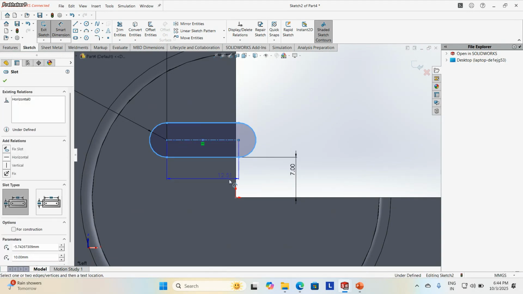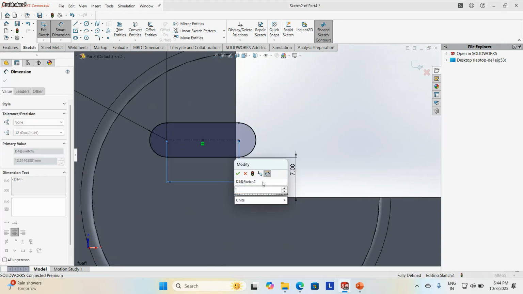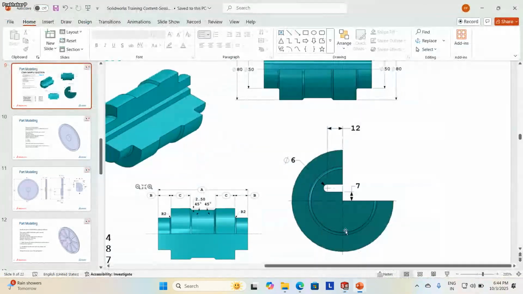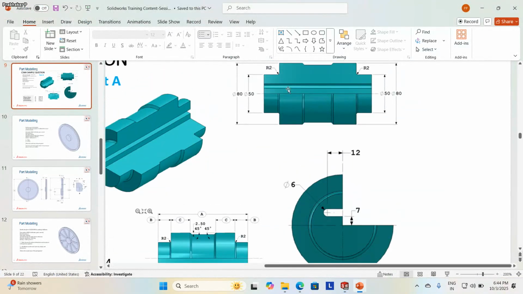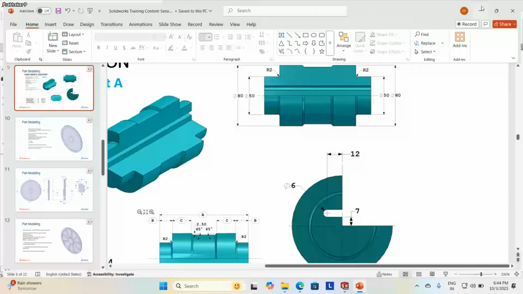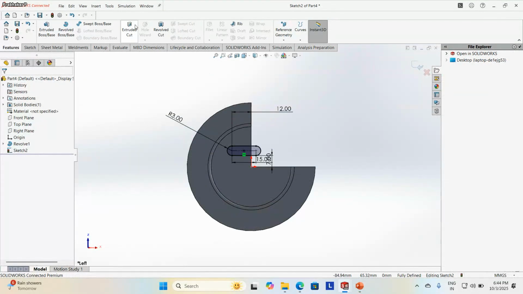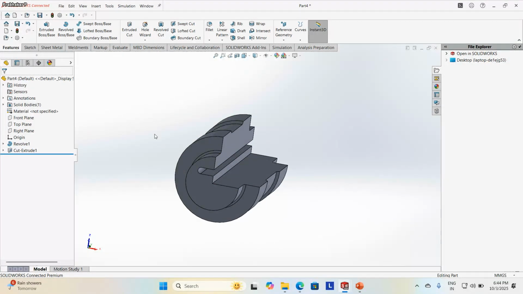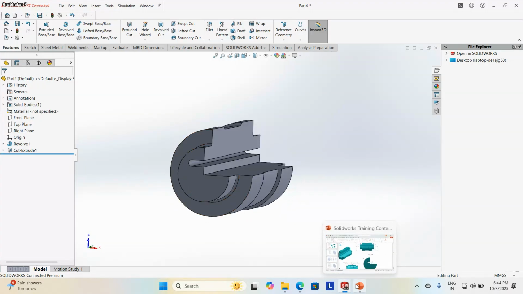Okay, you make sure this is randomly you give. Then you can see here it's completely open. This view also you can see it's completely open. So features, extruded cut, through all, I select, the slot is being made.